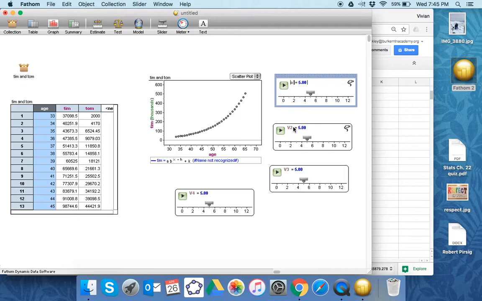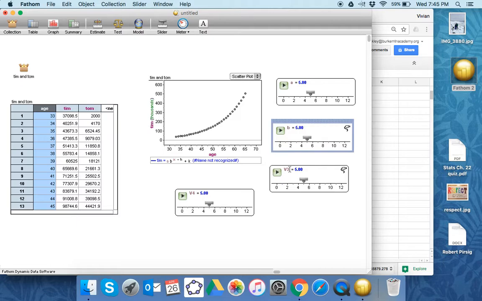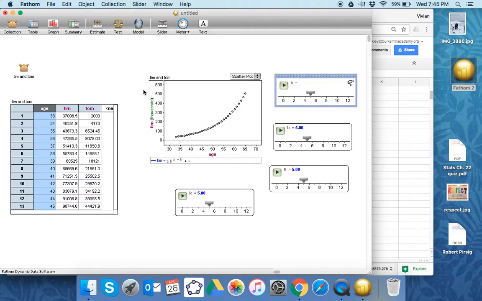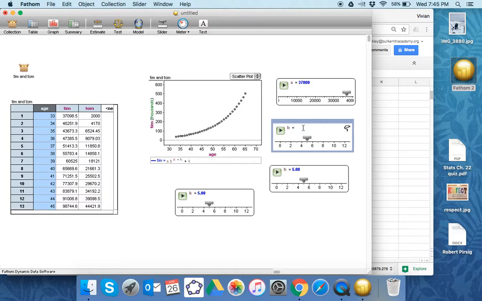That's got to be A, that's got to be B, that's got to be H, and that's got to be K. And remember, A is really the starting value, so how much did Tim have? About $37,000. And B is the growth factor, so it's 1 plus your rate, so it's